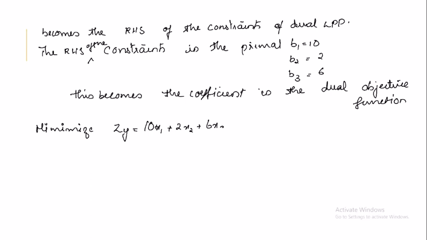Sorry, these are all y. Should take care of this. That's my mistake, so you should take really care while converting. So zy is equal to 10y1 plus 2y2 plus 6y3 subject to the constraints,